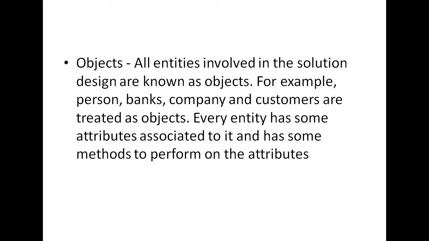If you take bank as an entity, the different attributes are bank name, bank branch. Okay, so these are known as the different attributes. If you take customer as an entity, different attributes are customer name, customer's ID, customer address, customer email ID, customer phone number. These things are known as the attributes of the customer. Okay, so everything that participates in the system execution is nothing but my objects.